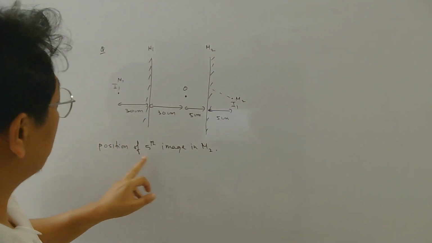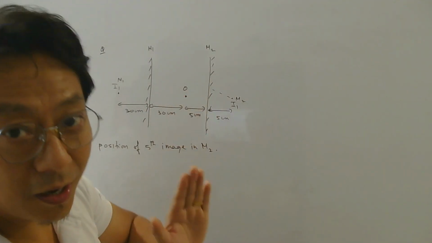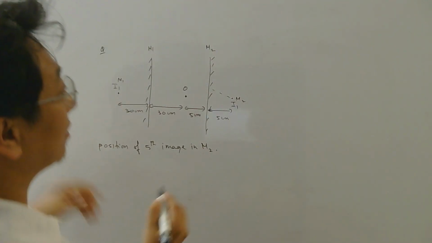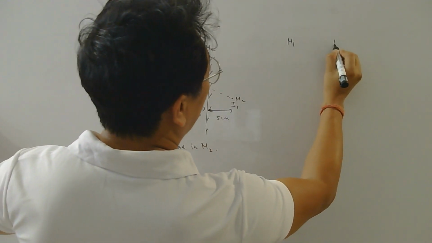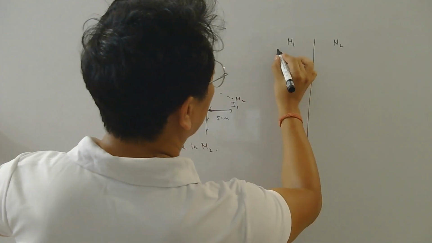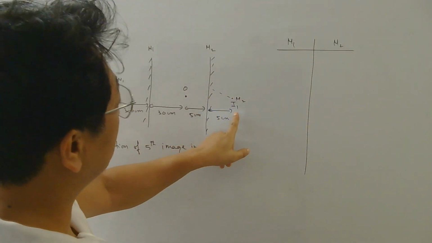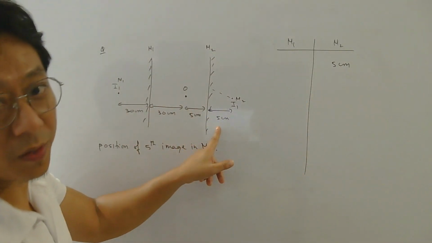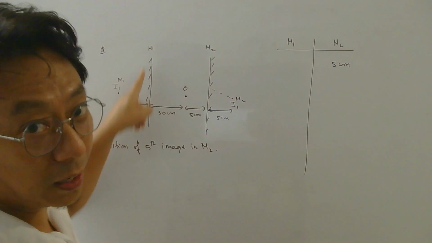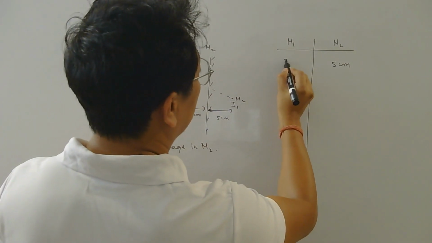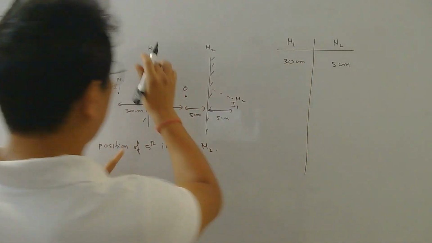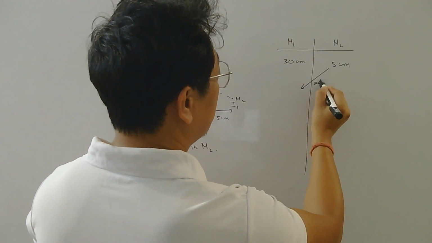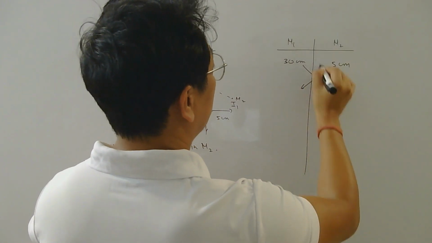Now to find the position of fifth image in M2, if you draw the ray diagram, it will take too much time and it will be confusing. So the technique that I discussed in the class was, write here mirror M1, here write mirror M2, and then the first image from M2 will be formed at 5 centimeter from M2, and first image in M1 will be formed at 30 centimeter from M1. Okay. Now what was the technique I told? Add the distance between the mirrors this way. So you have to add